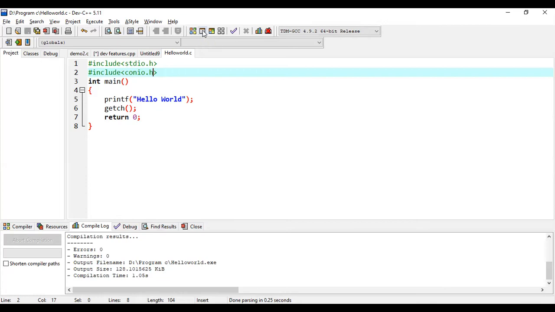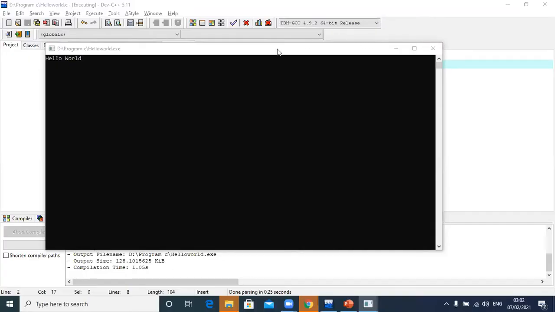When I click on this button, it displays the message hello world on this output screen. Okay. So now we have received this message. So in this program, we have displayed the message hello world on this output screen.